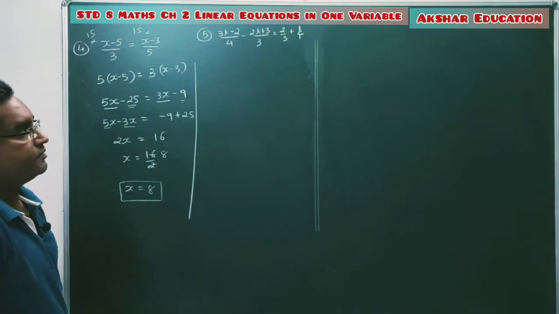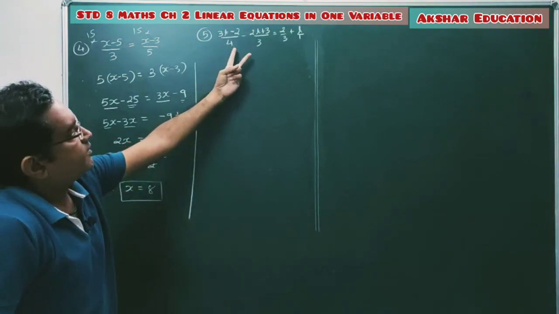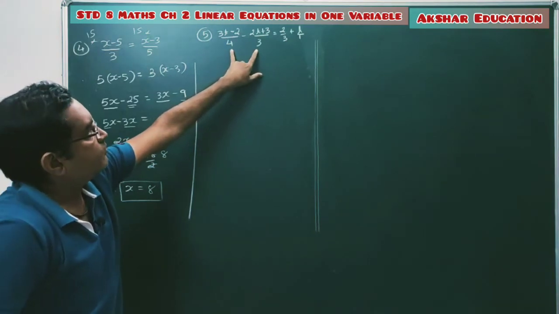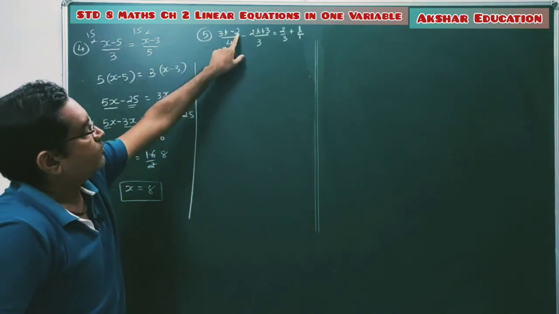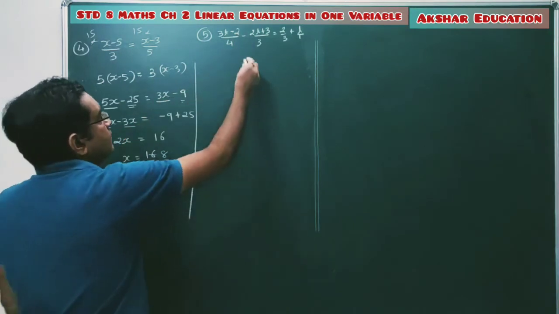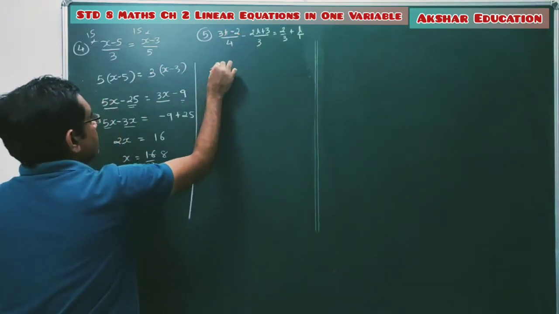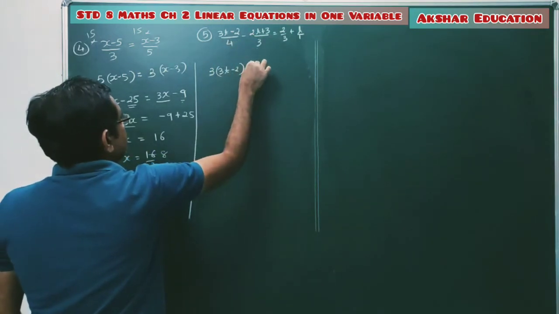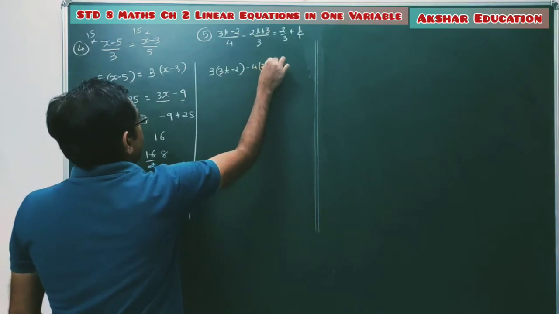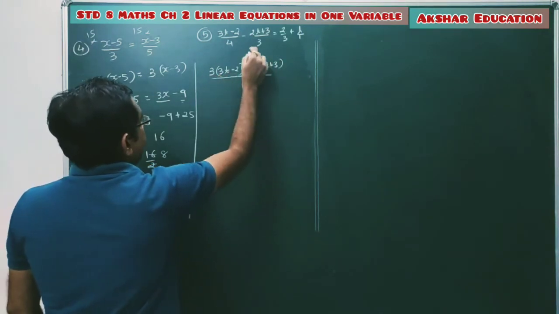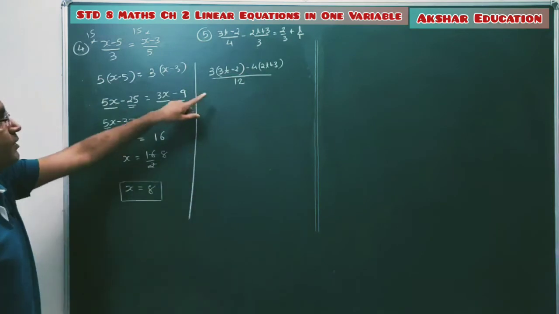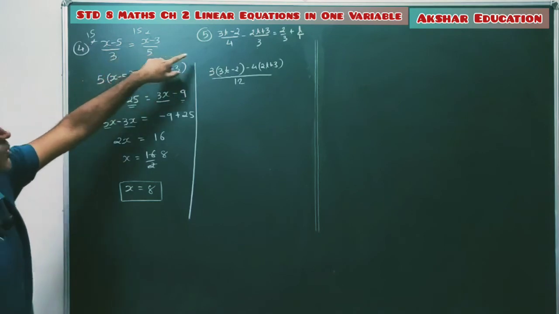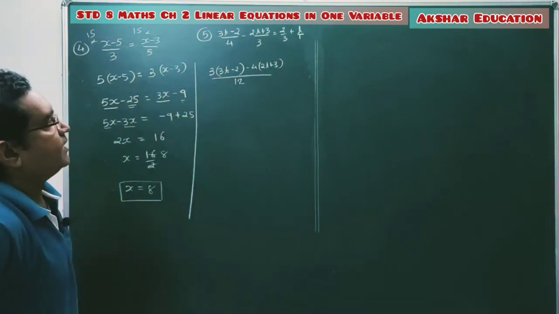1 is the denominator. So first consider this left hand side, denominators 3 and 4 are there. So we can consider the LCM of 4 and 3 as 12. So perform cross multiplication. So it's 3 into (3t minus 2) minus 4 into (2t plus 3), divided by 12. Here there is multiplication, here there is not, because the cross multiplication was against the equal to sign, and here the equal to is on the same side, so the denominator will be 12.